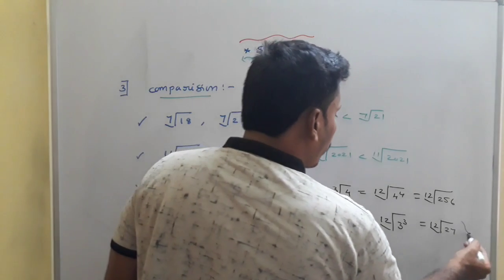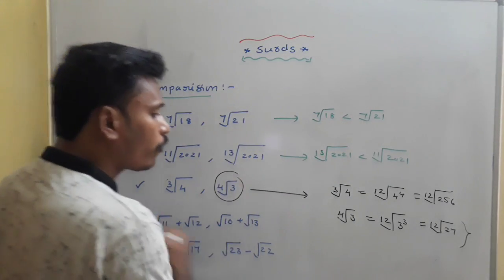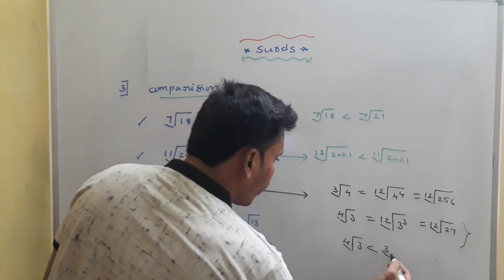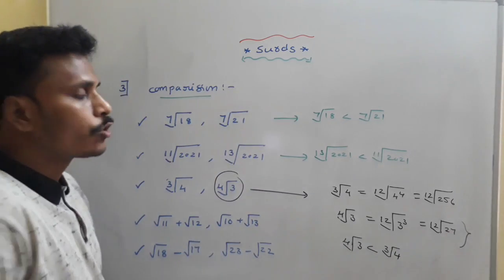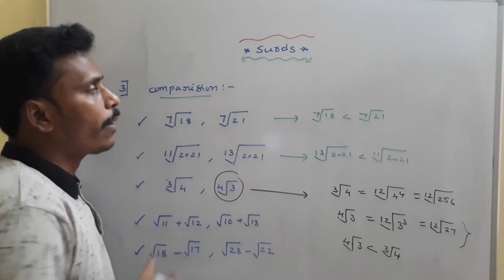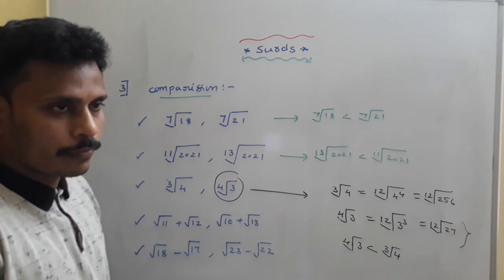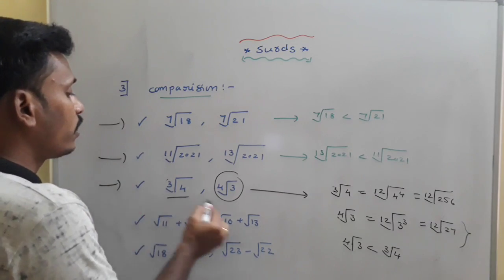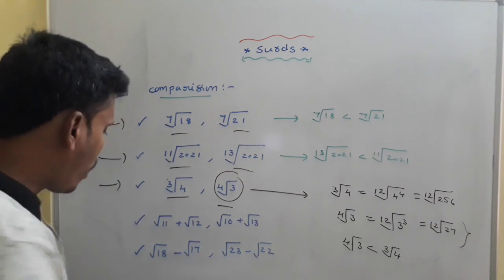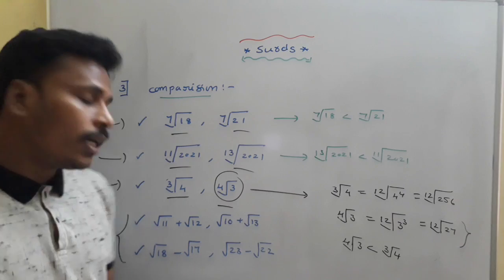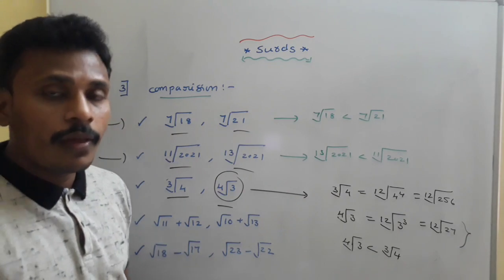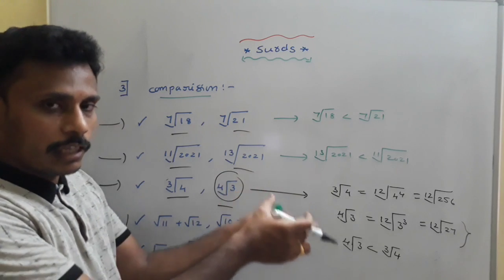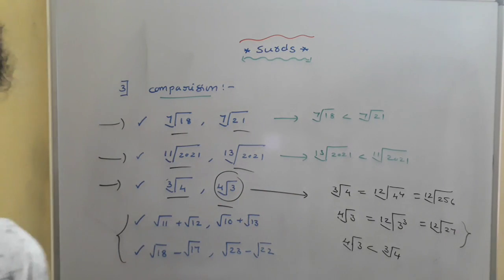Now these two surds are of the same order, so it is easy for us to compare. So 12th root of 27 is lesser, that means 4th root of 3 is lesser. So finally I conclude that 4th root of 3 is less than cube root of 4. So this is the way of comparison between two given surds. Okay, just have a look. And when you observe the first three problems, the surds given are monomial, whereas coming to the last two problems, the surds given are binomial. There is a different way to compare binomial surds, and I will mention that way also. Just have a look.